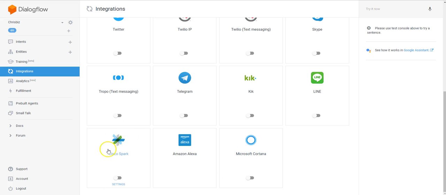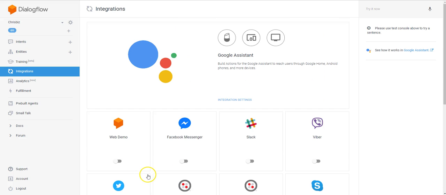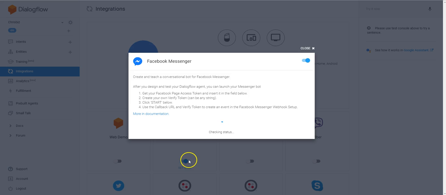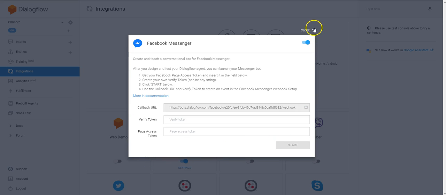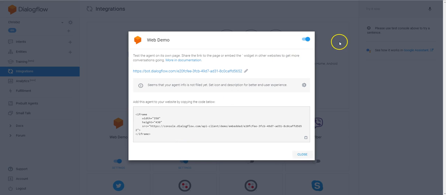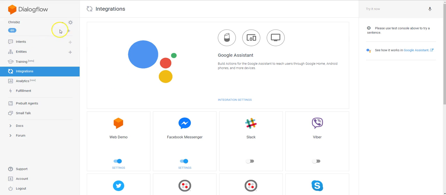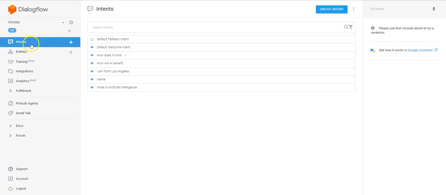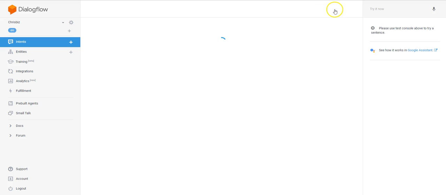This is an interesting platform. I'm going through this and trying to really figure out more about it. But the integrations right out of the box are very simple. So if we activate Facebook, for instance, we'll activate the web. And if we go back over and create a new intent,